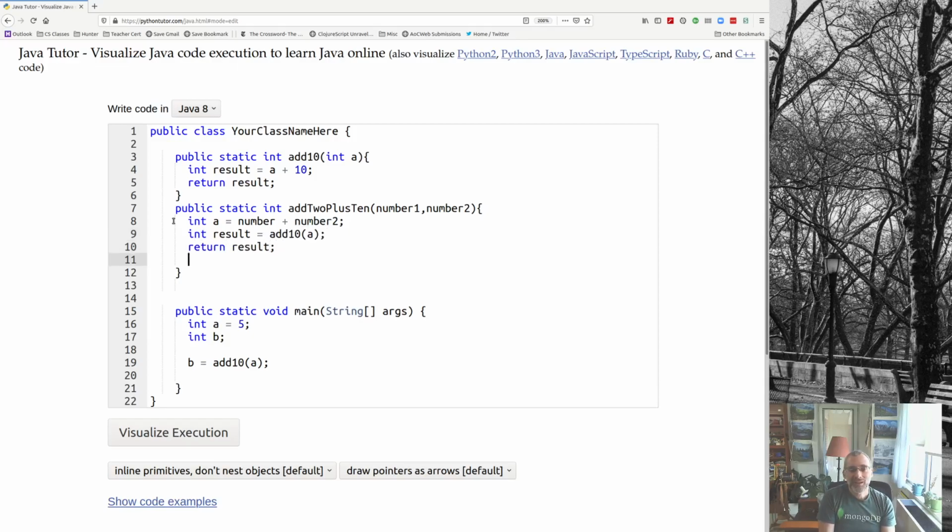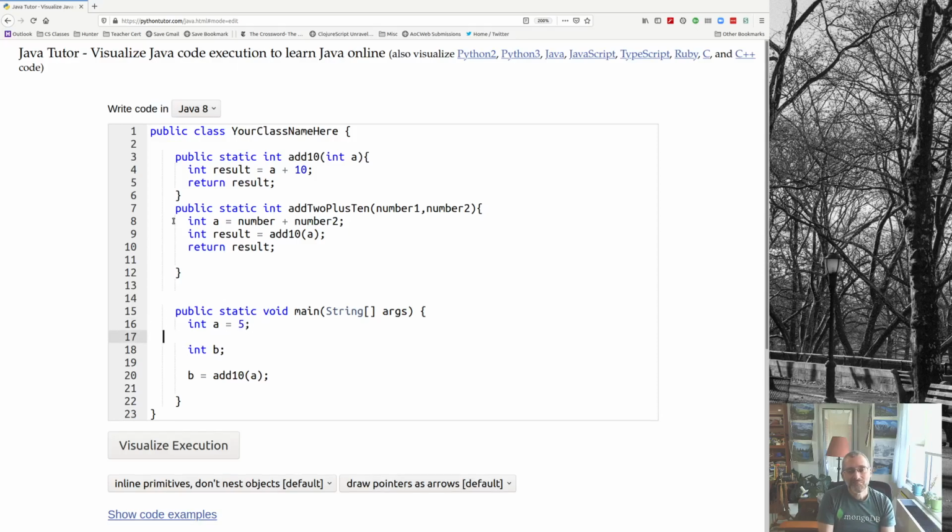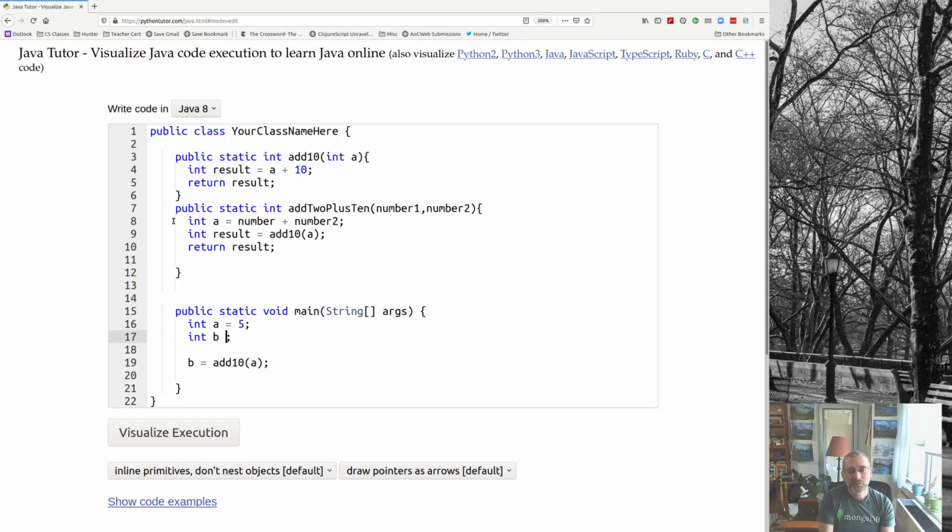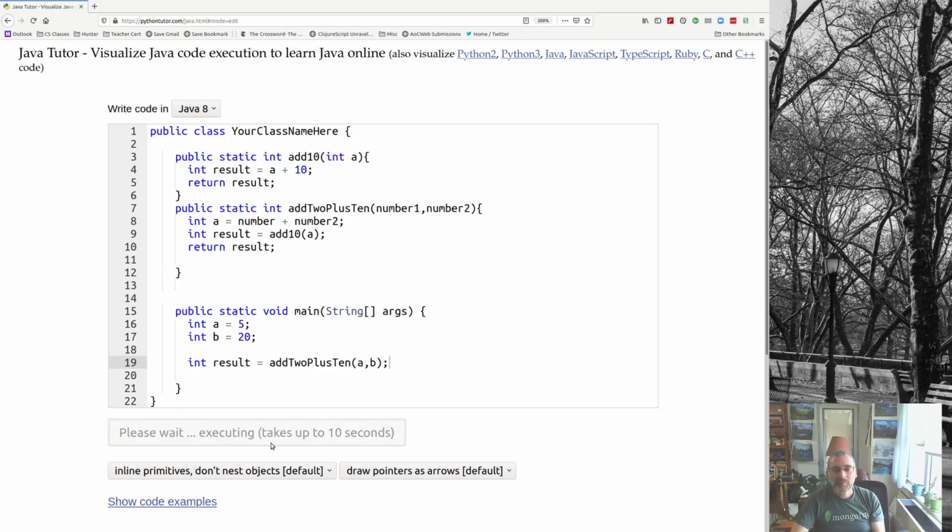And so maybe here we'll say A is 5, B equals 20, and then we will say maybe something like int result equals add 2 plus 10 of A and B. So if we visualize this execution,